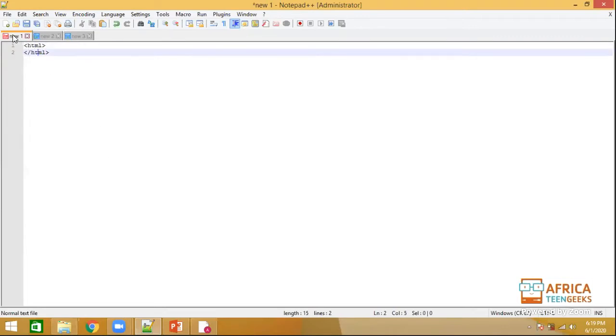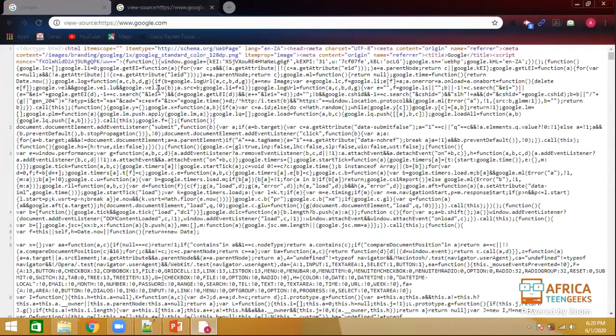Okay, and you'll notice that as soon as I start typing here in Notepad++, this little button goes red, which means that I have not saved it. As soon as I save it, it will go blue again. If I go back to my website over here that was created with HTML,